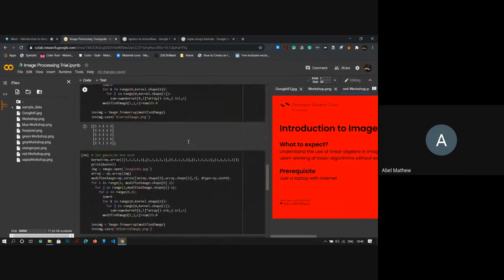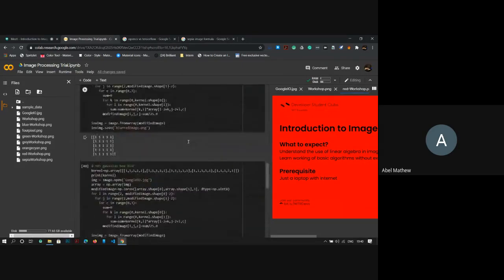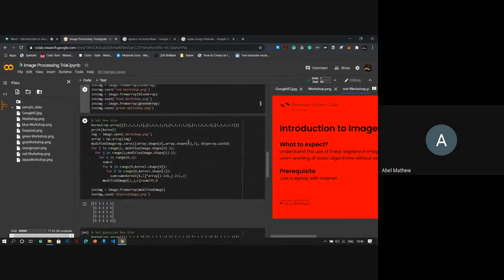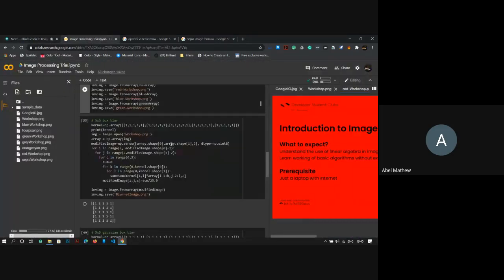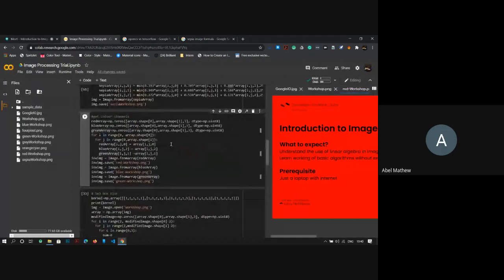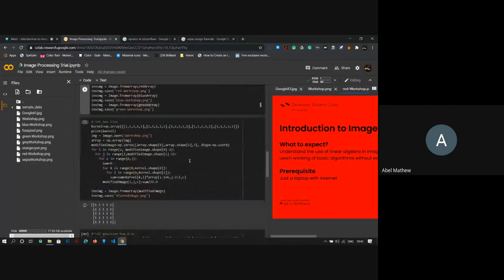Okay, any queries up till now, or else we'll go to the kernel part. I'll explain how it works. Okay, let us proceed. So I have written over here, we are using a 5x5 box blur. I'll run the code first and then explain how it works, because if I'm not wrong, this code takes some time to execute.